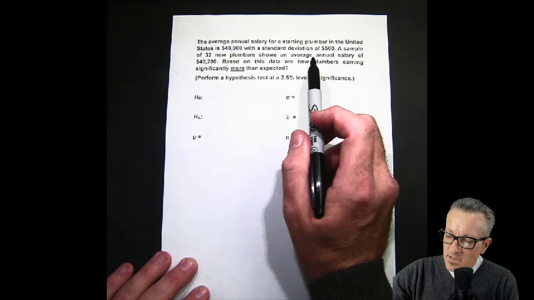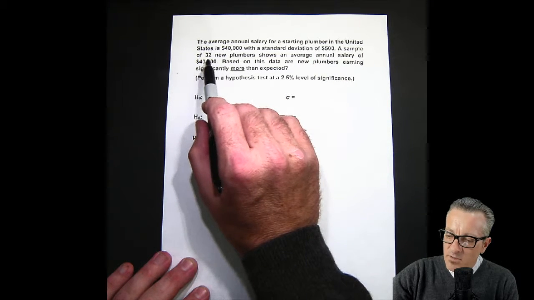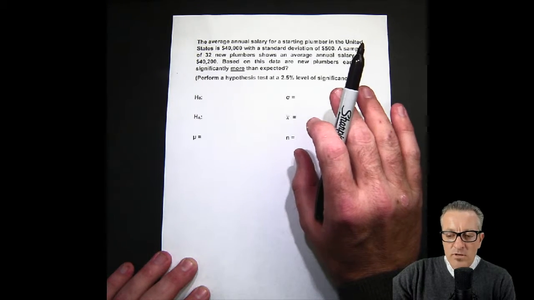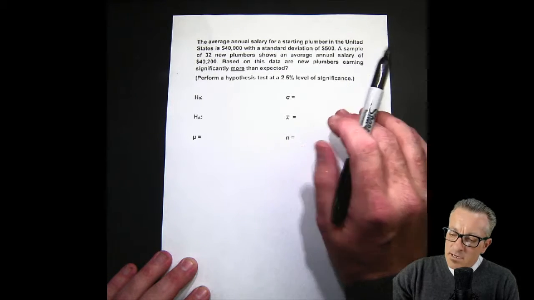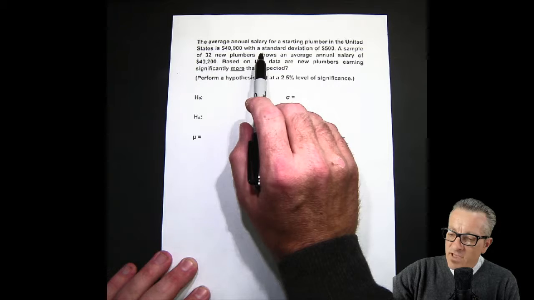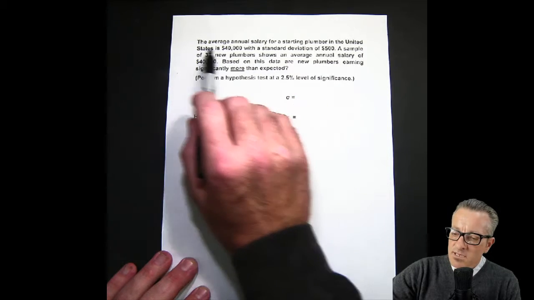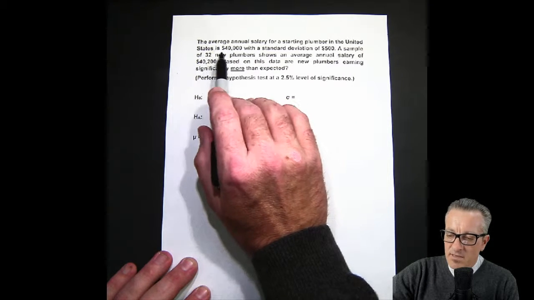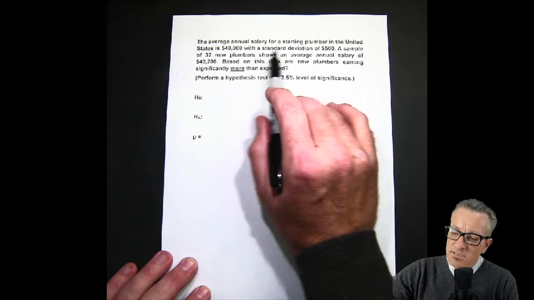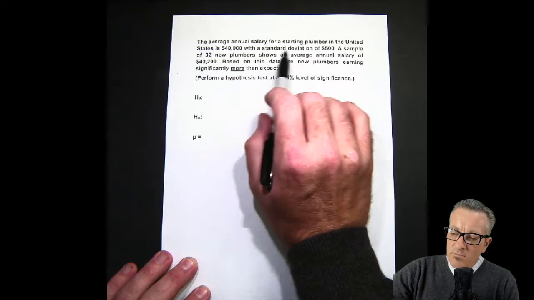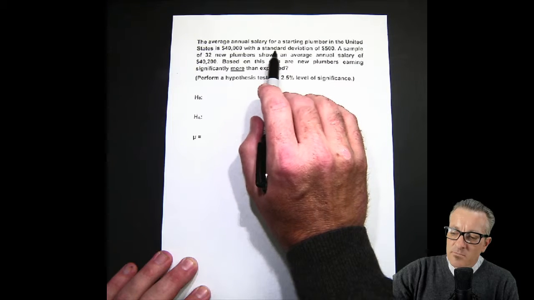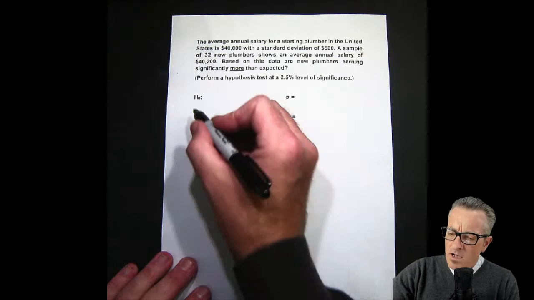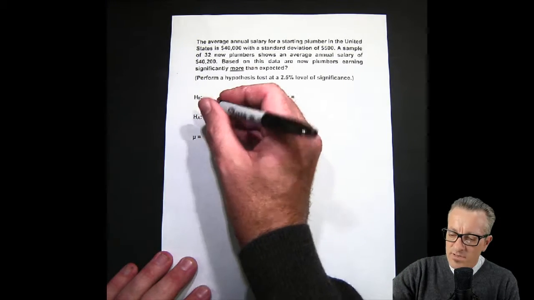When we take a look at this information here, we have our sample, which is 32. We're going to assume it is normalized, or the sample is large enough. And the other thing is we have a population standard deviation, because it says right off the bat what the average is in the United States. We're assuming that's the population mean, and then this is the standard deviation right after it. So this is the standard deviation for the population. So, okay. Our null hypothesis to start off with, let's write everything out.